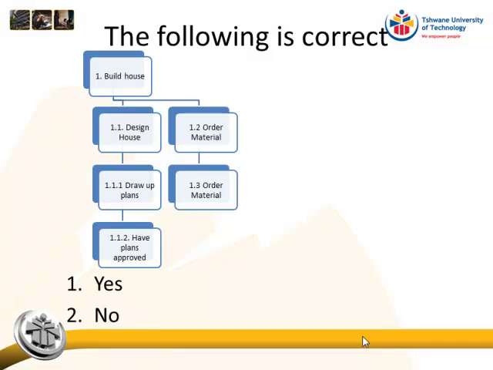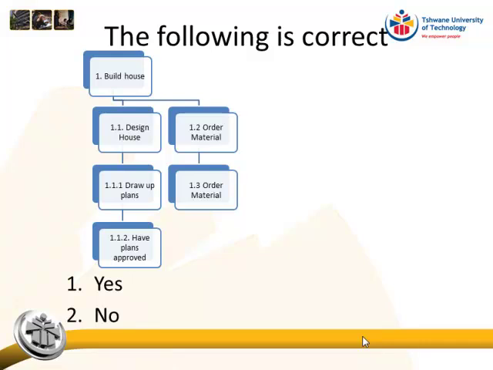Yes or no? Lefunu says yes. In the hierarchy, regardless of the numbering, design and order material cannot be at the same level. Why not? Because when you are ordering, before you confirm the design, you don't necessarily know what material is required. Material is also determined by the design. Yes, but the thing is that